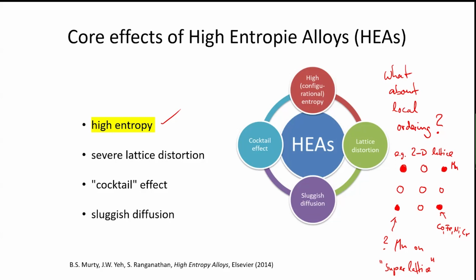What about L12 type high entropy? Like people have reported L12 structure in high entropy. Yes. But they say, but it's ordered L12. Yes. How? Well, if the host lattice is L12, but still the constituents occupy the L12 sites at random, you're calculating it correctly. If not, if let's say in the L12 structure, certain sites are preferentially occupied by only one constituent or 2 constituents, then the configurational entropy is reduced. So it doesn't matter what crystallography the host lattice has, but it's the occupancy ratio.